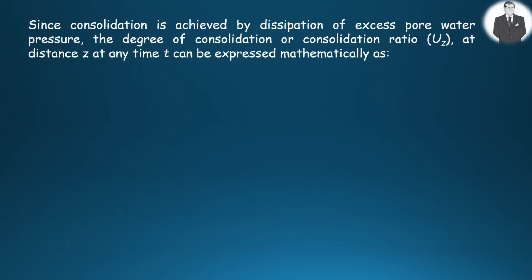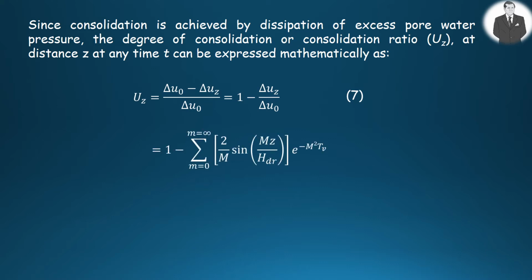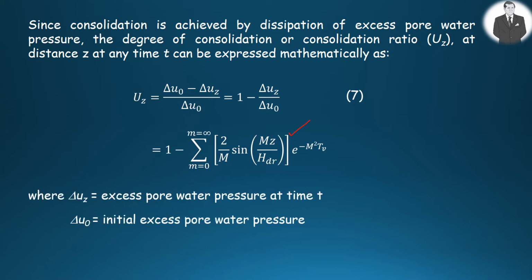Since the consolidation is attained by the dissipation of excess pore water pressure, the degree of consolidation, in other words, consolidation ratio at distance z at any time t, can be expressed as shown in equation 7. Now, if we include equation 5 in equation 7, we get this expression given here, where delta U sub z is the excess pore water pressure at time t, and delta U sub 0 is the initial excess pore water